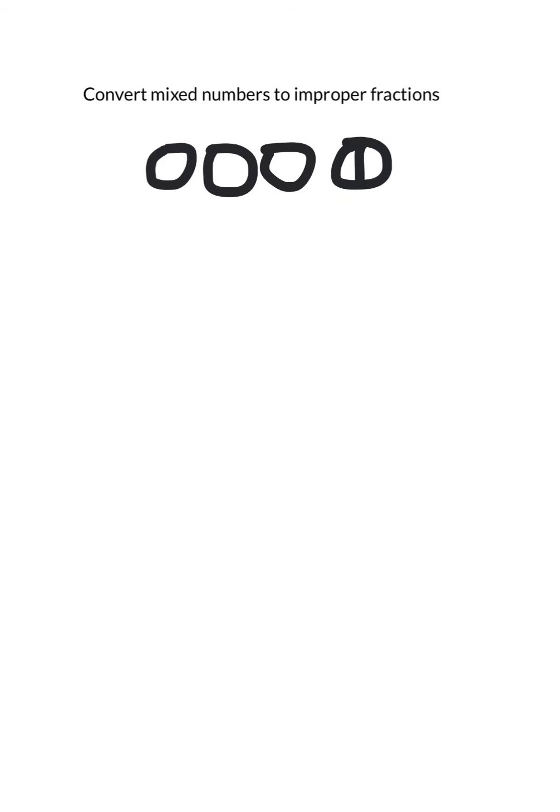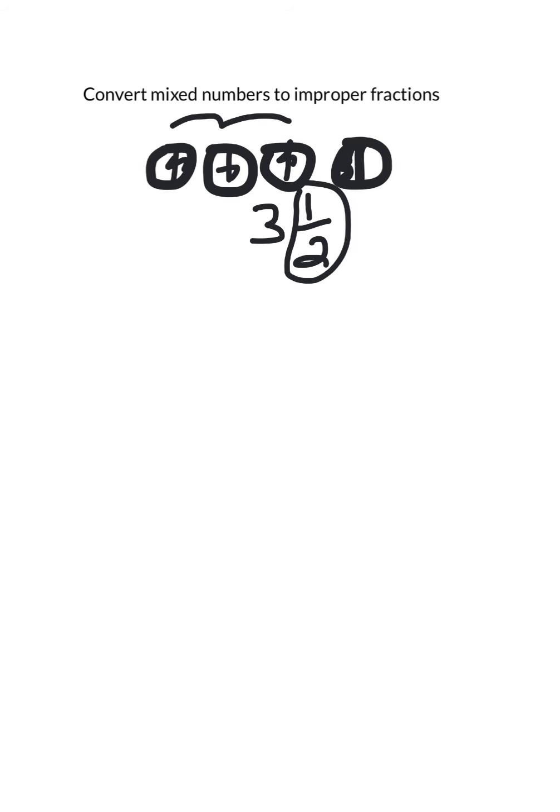I'll try to be quick about this, but the concept behind changing mixed numbers to improper fractions is this: if you have a mixed number, like 3 and a half, we count all the wholes in. This would represent 3 and a half. But if we're talking about halves, we want to find out how many halves we have altogether. Each of the three wholes has 2 halves in it. 1 half, 2 halves, 3 halves, 4 halves, 5 halves, 6 halves, and then one more half gives us 7